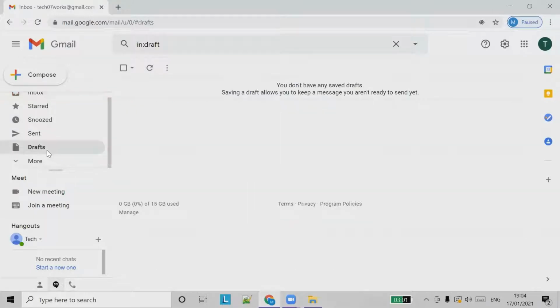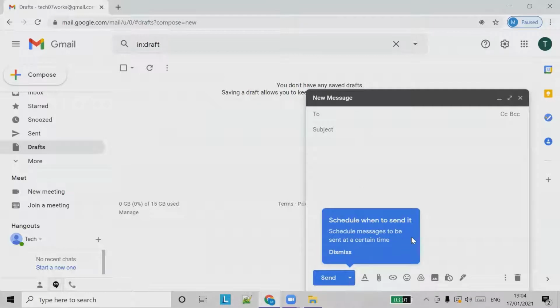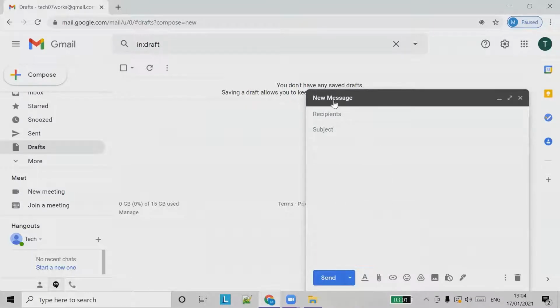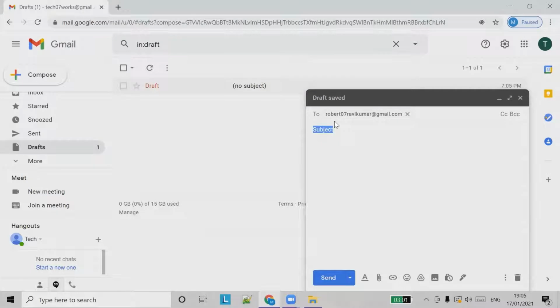Okay, there's another option called drafts. So let's say I started composing an email. So let's say I want to send an email to someone.